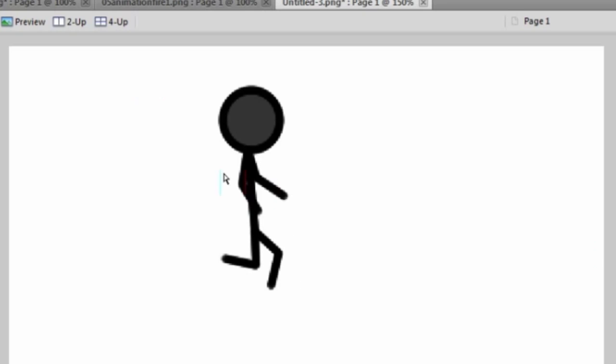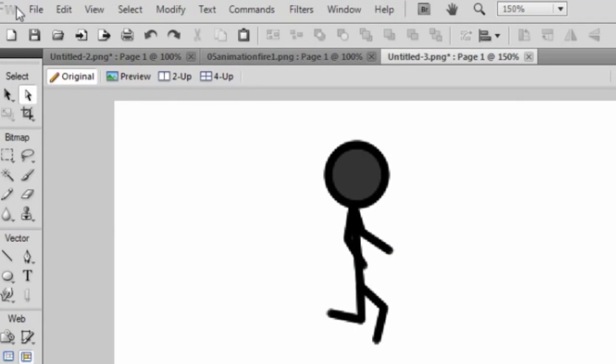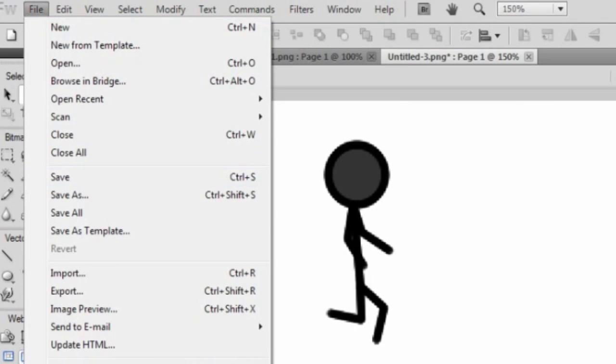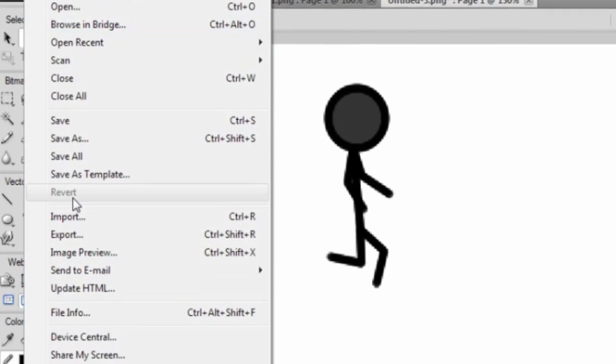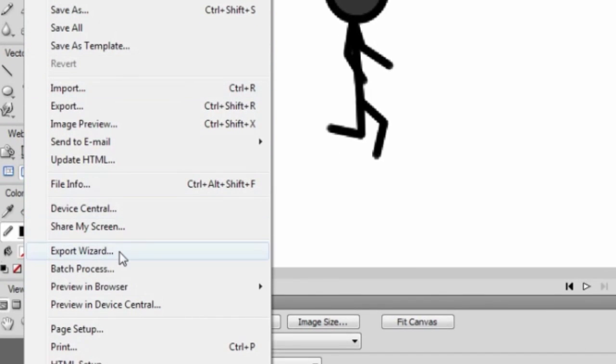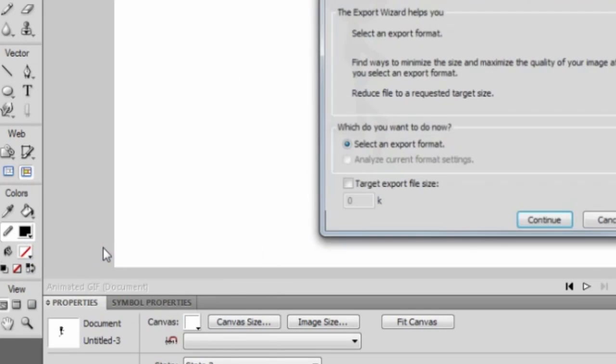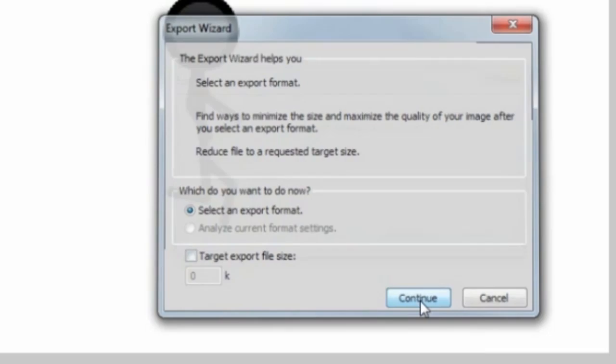So once you're done with that, you want to save a copy. So you just go to File, Save, and it saves it as a Fireworks project. And then you want to actually export it so you can view it on a web browser or use it for something else. So you go to Export Wizard, Continue,